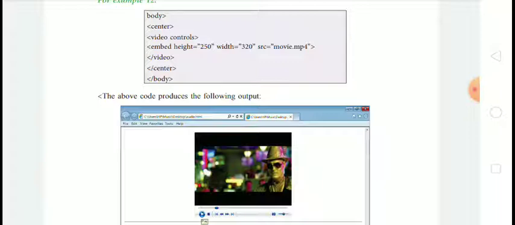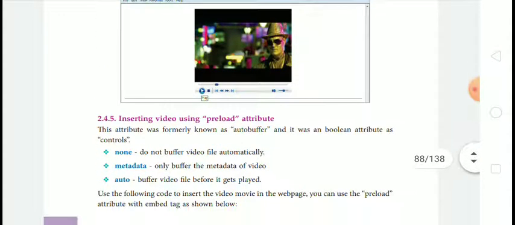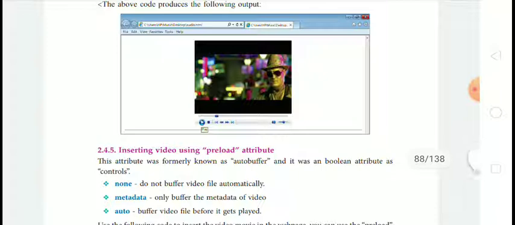So this way you can use the controls attribute, and height and width is measured here, and also the file name we have mentioned here. So the above code produces the following output as you can see in the given image.